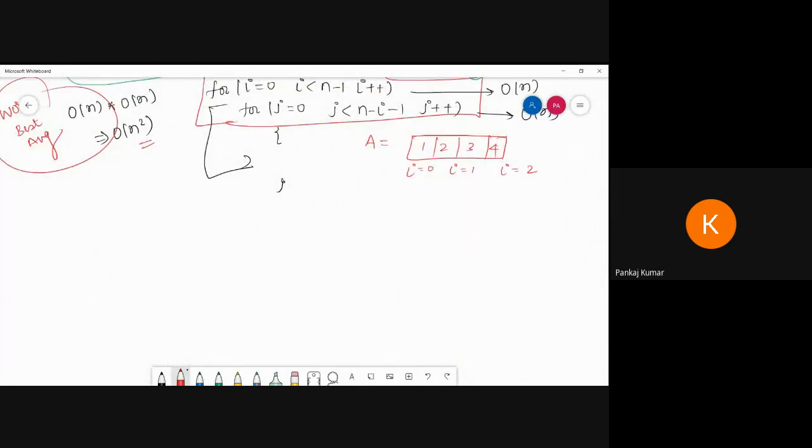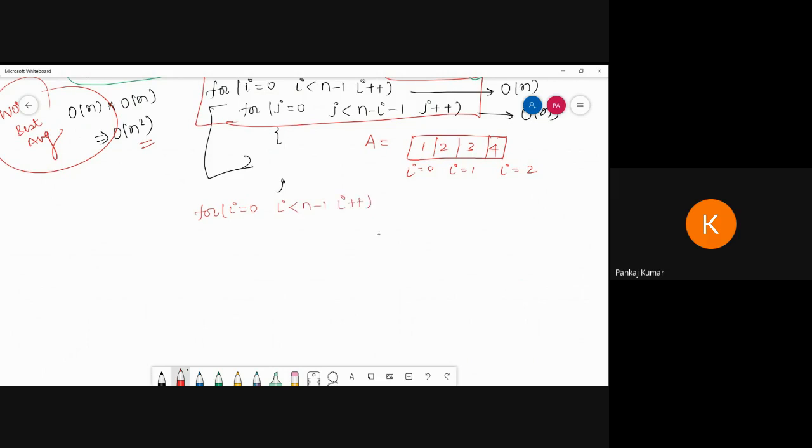Basically what we have to do is follow the same thing as the previous one. We declare all the things. For i equal to 0, that is important, and i less than n minus 1 and i plus plus.